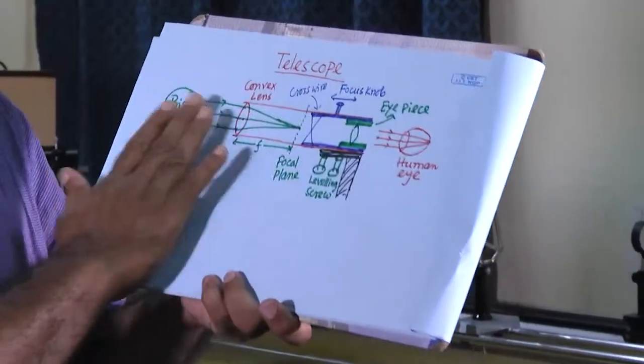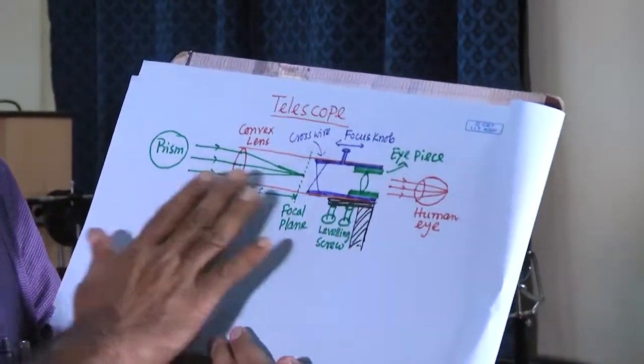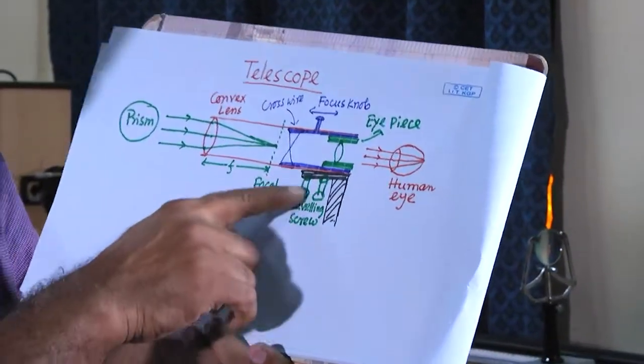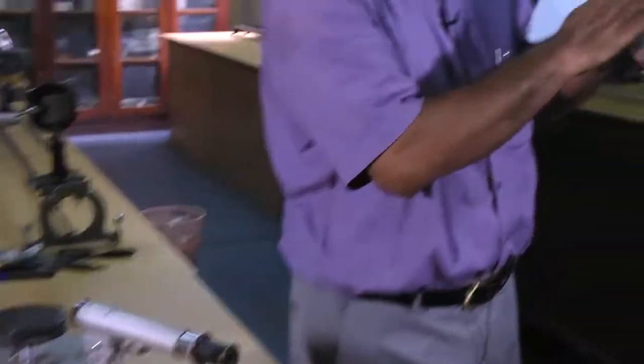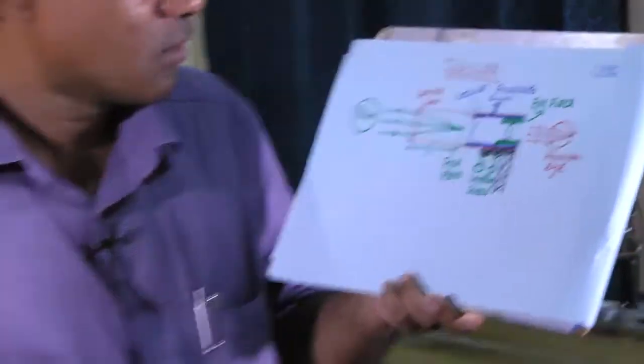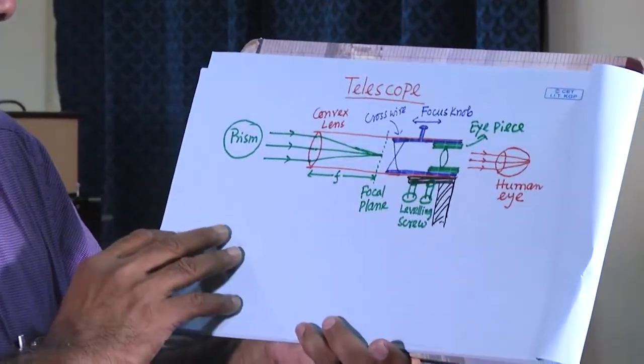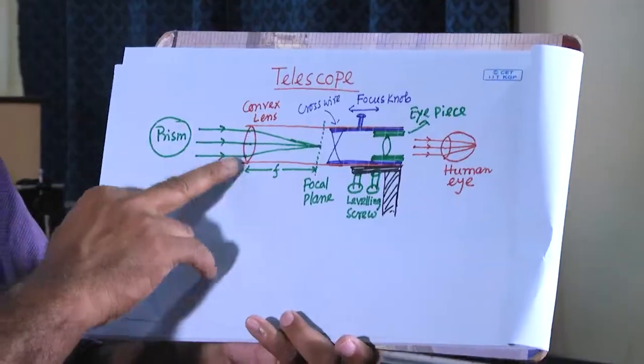So those are the different parts of the telescope, and I have already discussed the leveling screws. There are two leveling screws here, and this focus knob. I showed you the eyepiece, the crosswire, and the convex lens. So, next,